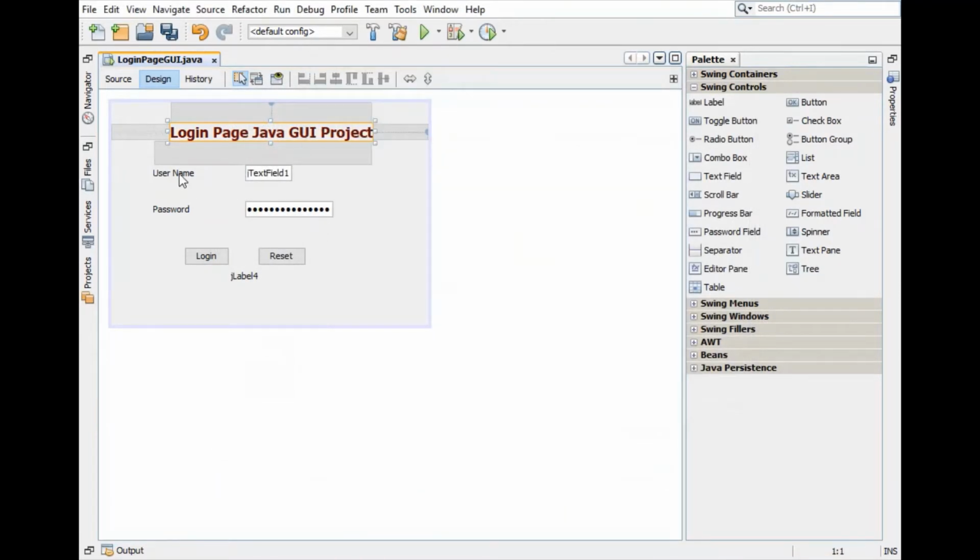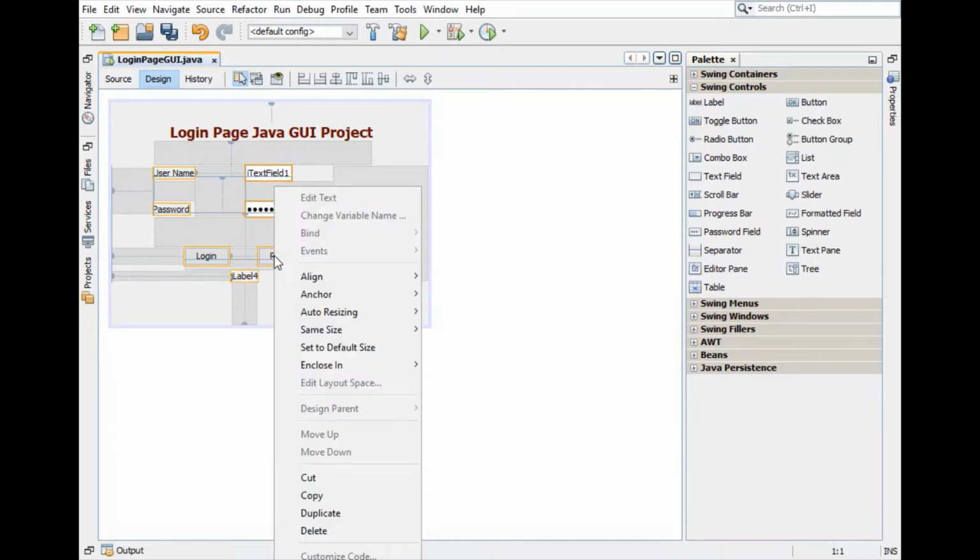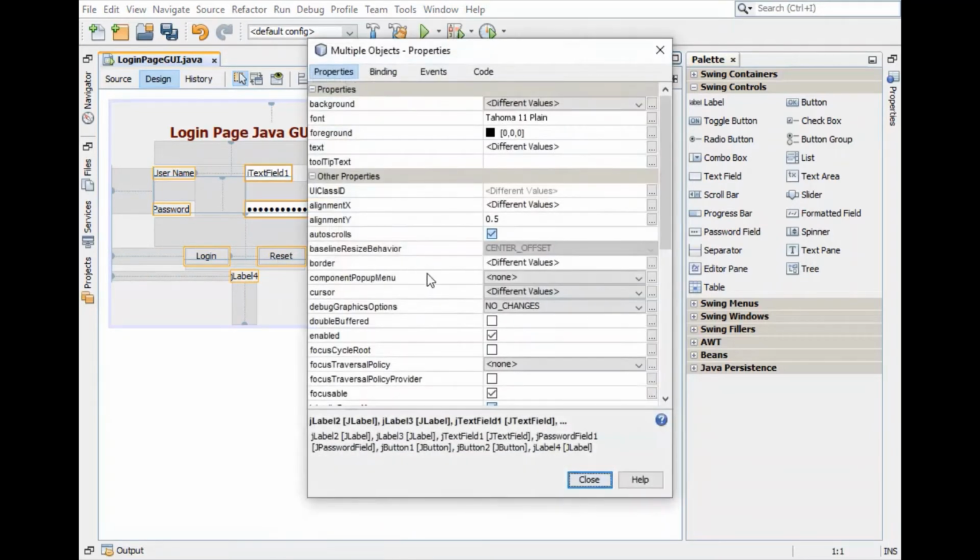And for labels, text fields and buttons, select all, right click, properties.